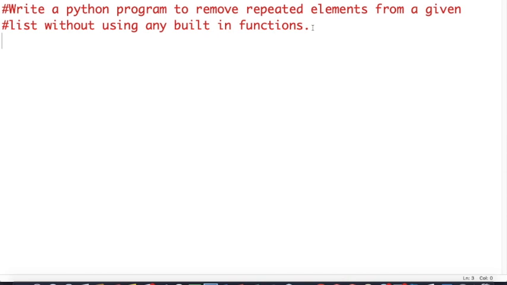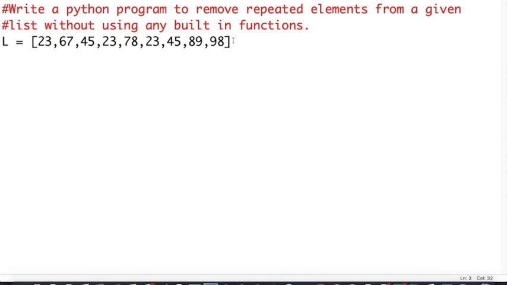So let me show you how to do this. First we have to take a list having some repeated elements, say 23, 67, 45, 23, and then 78, and then 23. Like that we have repeated elements like 45, then 89, then 98. Say suppose this is our list. Now here we can see that the repeated elements are 23, 45, right? So these repeated elements should not be present in the list. It should be present only once, right? So we have to remove the repeated elements from the list so that it gives us a list which does not have any repeated elements.